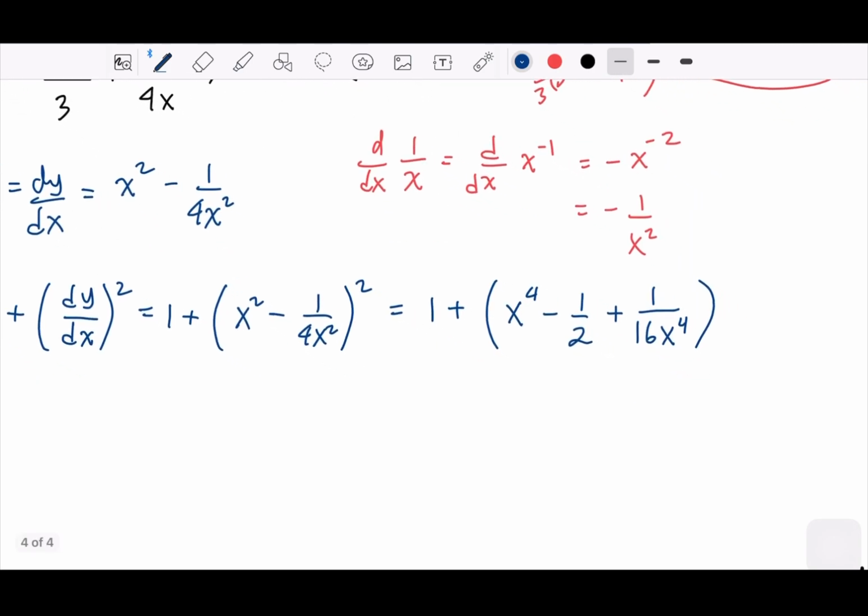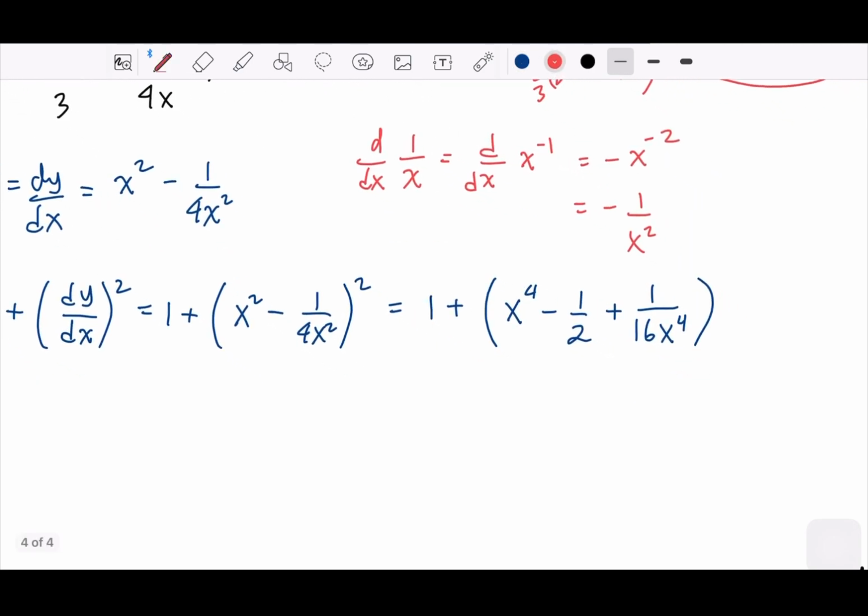Okay, now I think we can cancel 1 with negative half, so it becomes plus, right? So it becomes x with power of 4 plus half plus